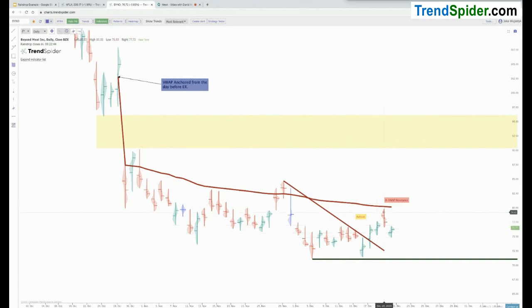And then so after we broke out, this was the natural area for price to kind of find some supply